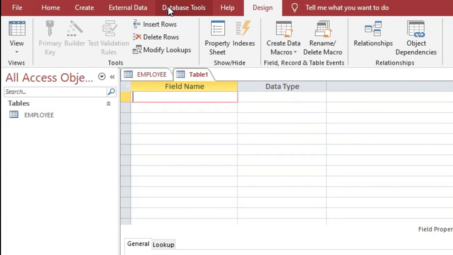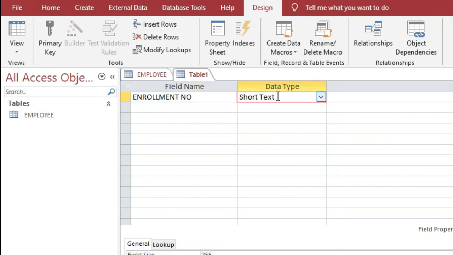enter names in the table one by one with their data types, okay. So I am doing everything for this view. At first field name, and then we have to mention the data type. So enrollment number, okay, and then click on the data type, okay, click on the data type column of the field.